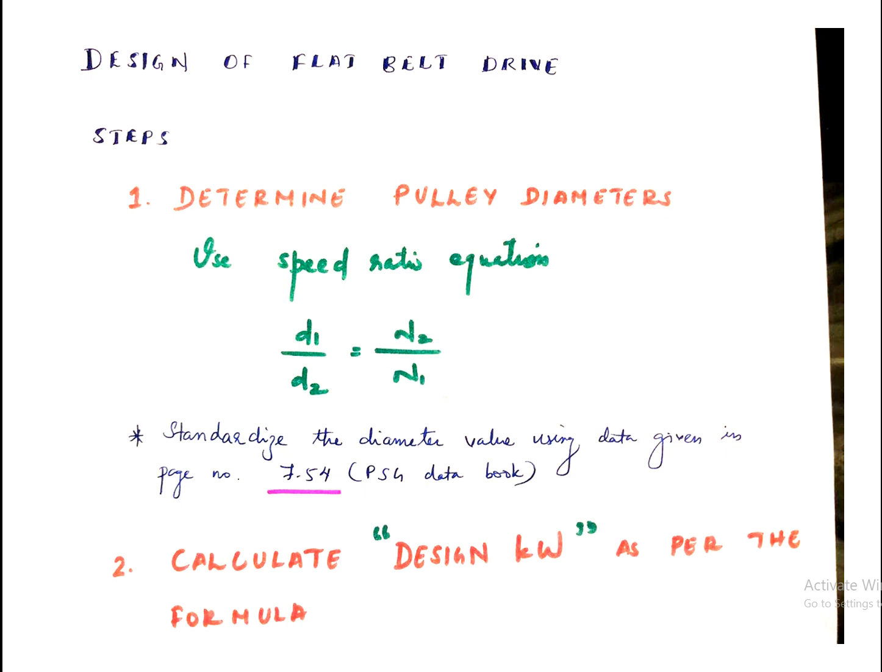To standardize, there is a standard table in page number 7.54 in PSG data book. So you can refer to that table and you may standardize the value. We'll see that when we are solving the problem. We'll go to the page, we'll select the value. So the second important step is to